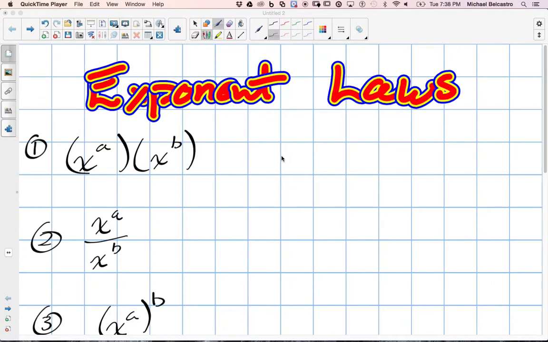Let's quickly look at exponent laws, and there are about 5 major ones. The first 3 have to do with simplifying laws. The way they're written, as long as the bases are the same, so the base is x in both of these, and you can have a number if you want, you can simplify by just adding the 2 exponents together if you're multiplying a base of some exponent times the same